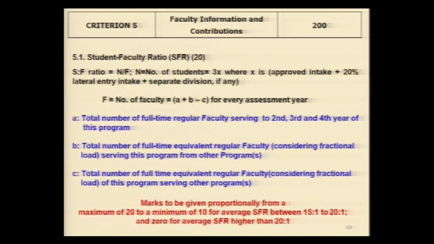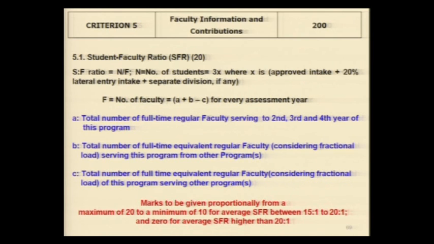So the fraction will be the proportion of the load which a cadre-wise faculty is expected to take on an 8, 12, 16 scale. How much of this 8, 12, 16 is the faculty devoting to the program going through accreditation, the same percentages will be counted. For example, if 4 faculty members are giving 25% to a program, then all 4 put together will be 1 faculty added in the number of faculty members here. C is the number which is shown with a minus. How many faculty members from the program going for accreditation are actually teaching other departments? Those fractions need to be subtracted in the same manner in which B is added here.